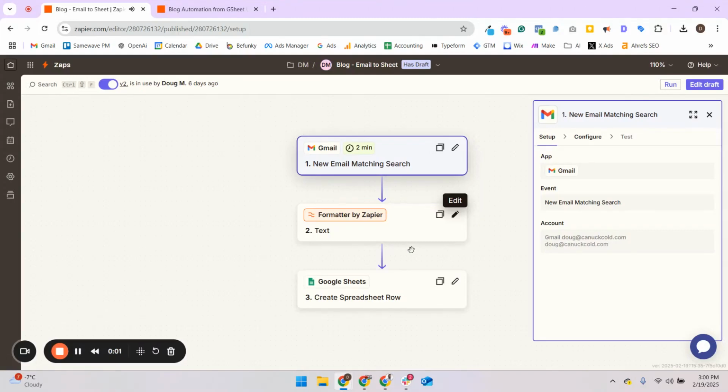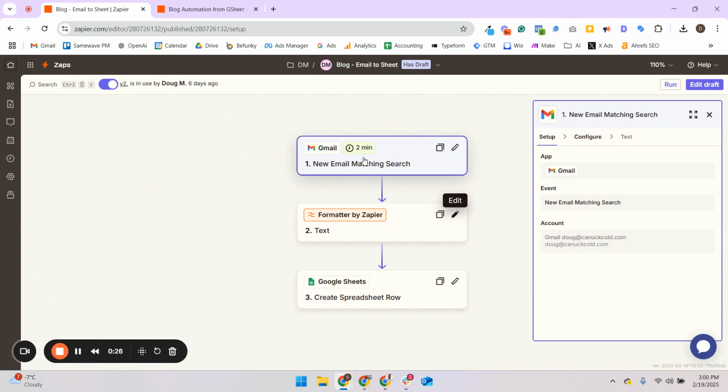To walk you through in much more detail now, the blog automation strategy. I'm not going to waste your time with a bunch of intros or telling you to smash any buttons. So we'll just start with the trigger email. This is going to start the automation when you receive an email from one of your competitors that they've released a new blog. The only real caveat is that within that email, there needs to be a URL to the blog or the